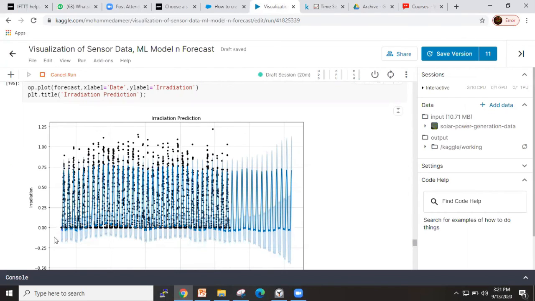If you see here, the irradiation during night is obviously 0 because there's no sun. Slowly it is rising up and then again coming down. This is the trend which it is following, and it stops here. This is my forecasted value, which I'm getting here with the lower bounds and upper bounds. This is how we make a data science project which is useful for forecasting